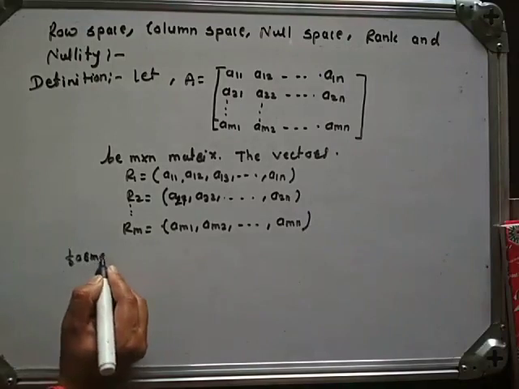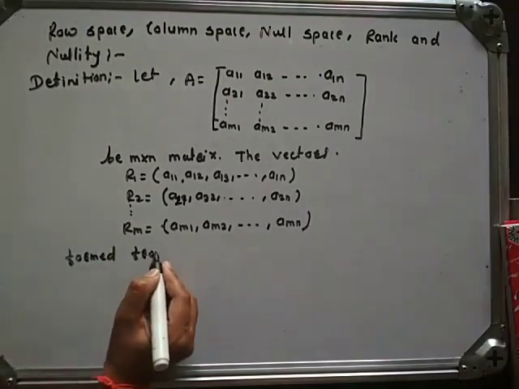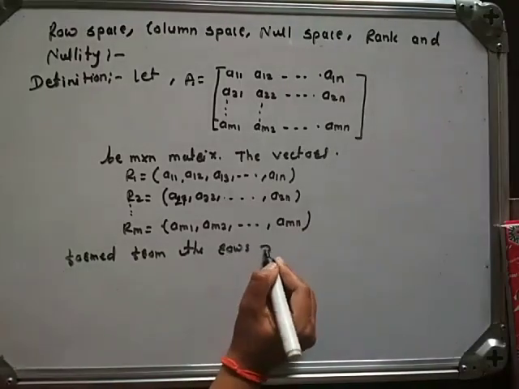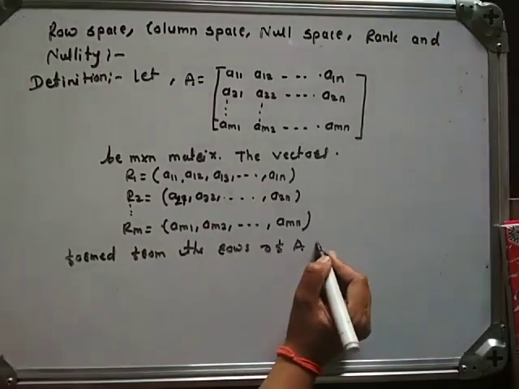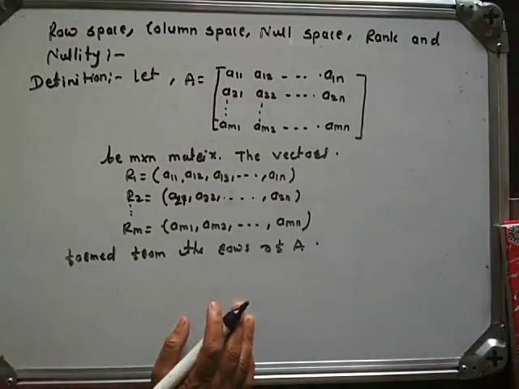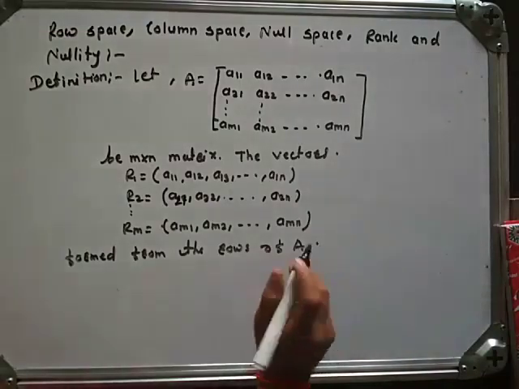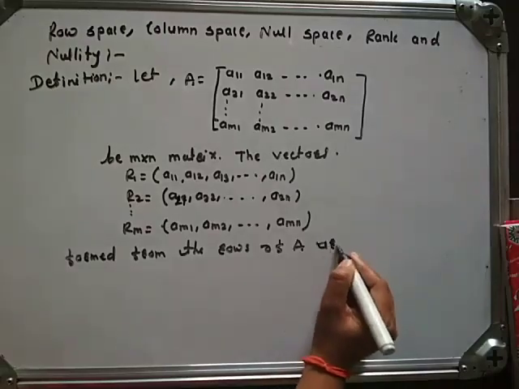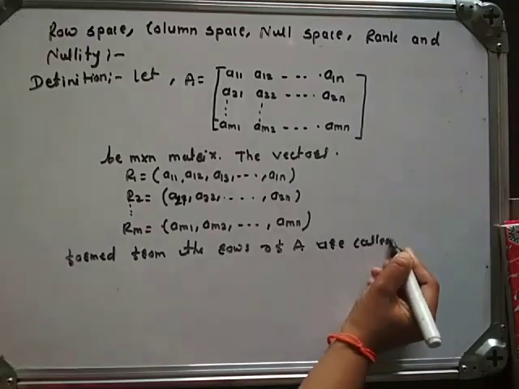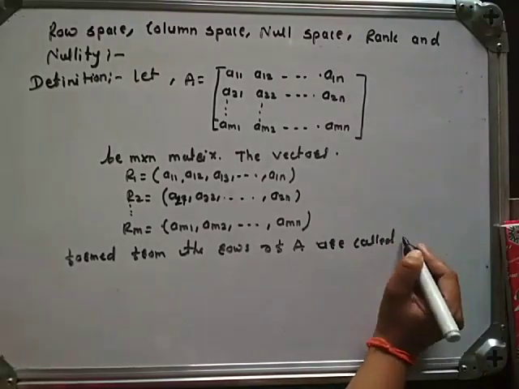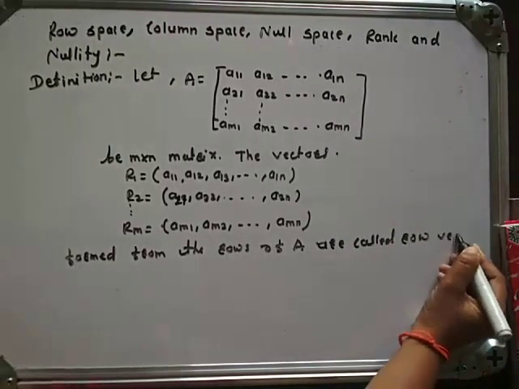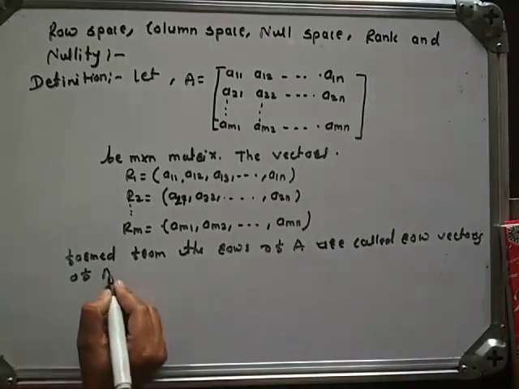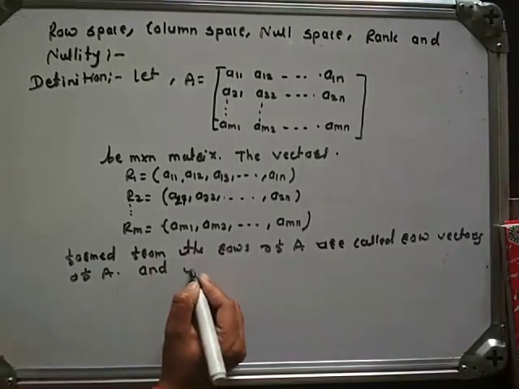formed from the rows of A are called row vectors of A, and the vectors